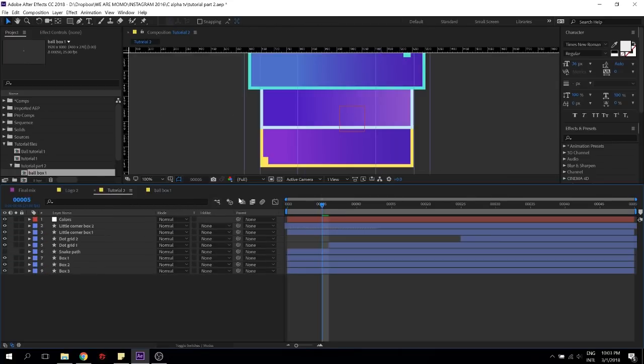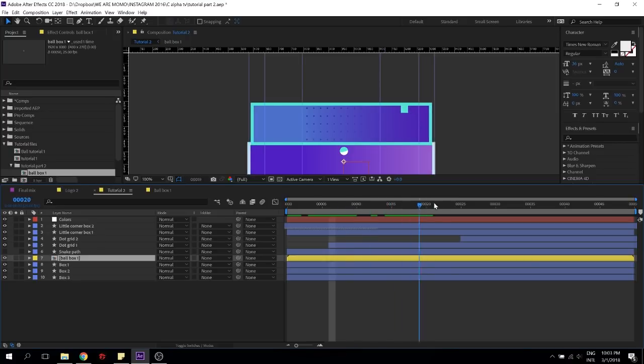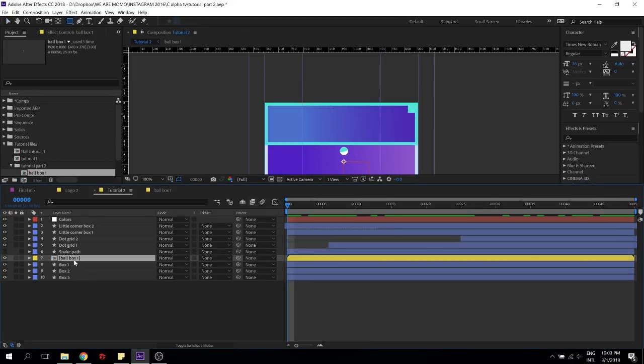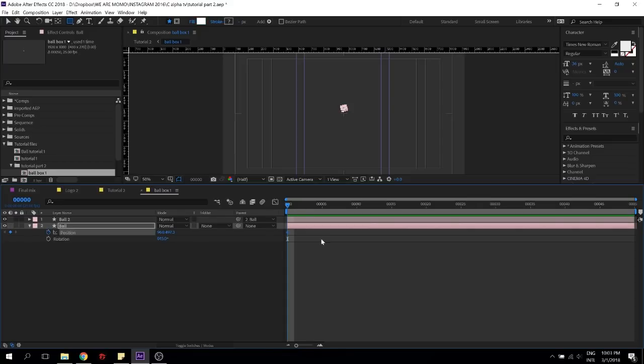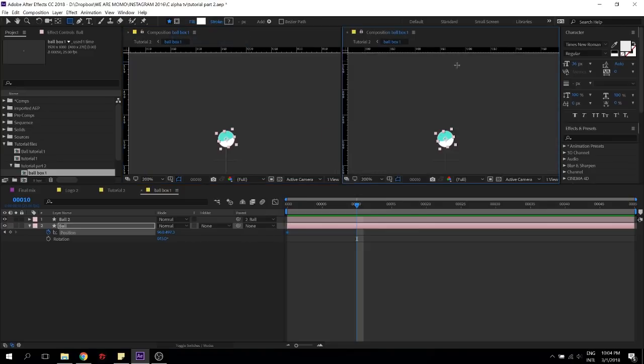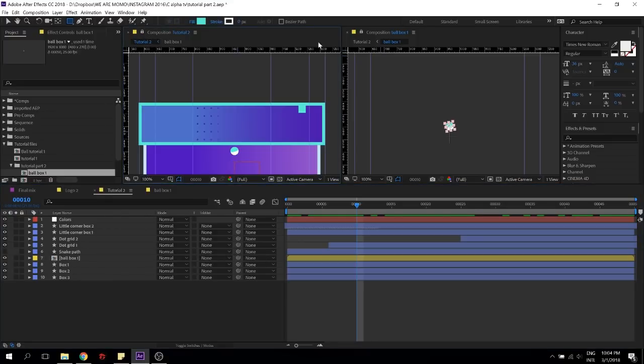All right, so what's gonna happen here? I want this ball box 1 to be here. So what I wish is the ball goes up and then goes down, but it just appears here. So to do that, I'm just gonna go to my ball here. I'm gonna go inside, go to position. I'm gonna do 10 keyframes, and I'm gonna do 2 views. I'm gonna make sure this one is tutorial number 2. Okay, cool.